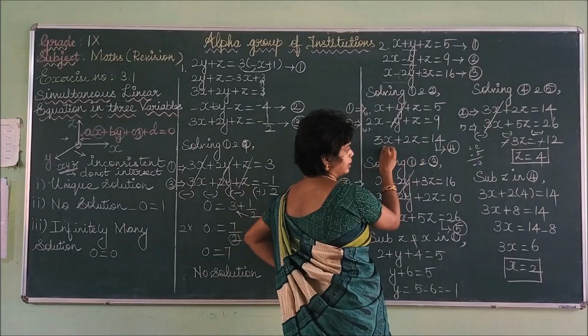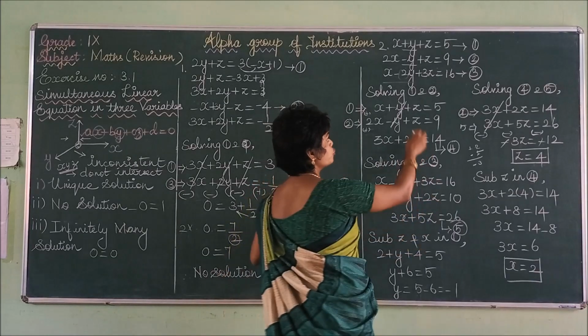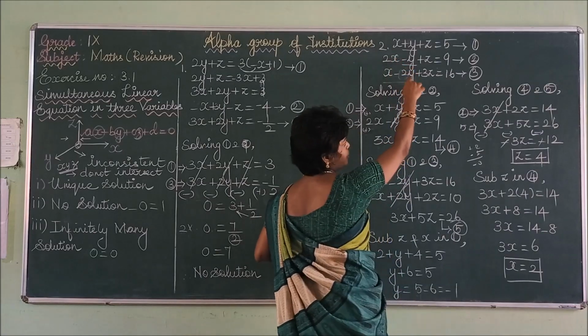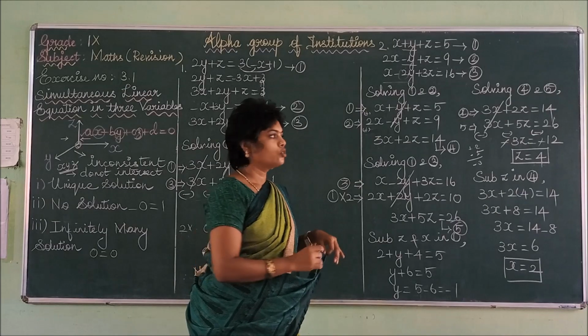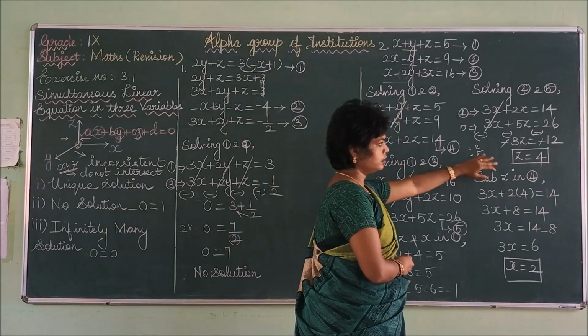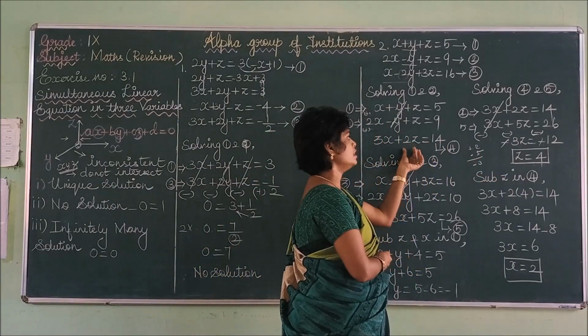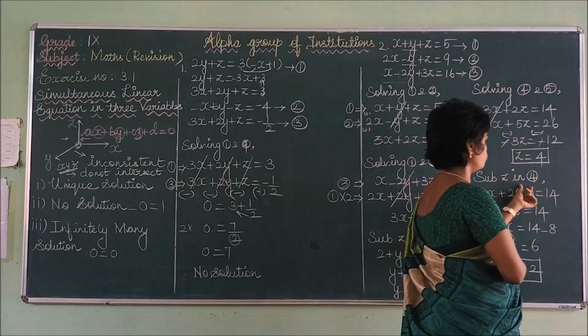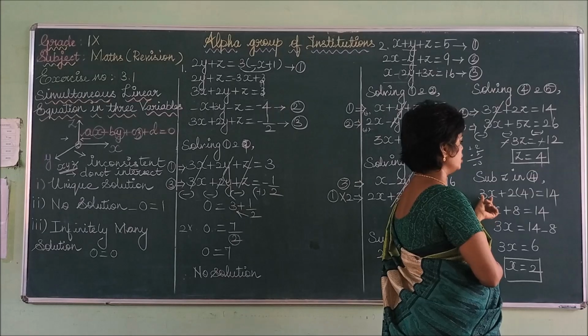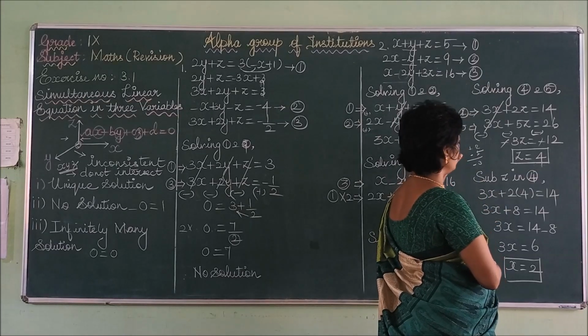So substitute this z value in either the fourth equation or the fifth equation, because if you substitute z in any of the first three equations, you will again get only one equation, not the value. So that's why we are keeping the z value in either the 4th or 5th equation. Substituting this z value in the fourth equation, what is the equation? 3x plus 2z equal to 14.